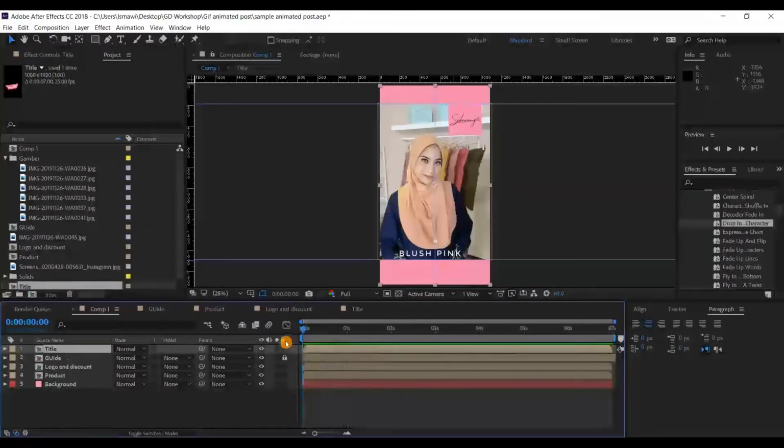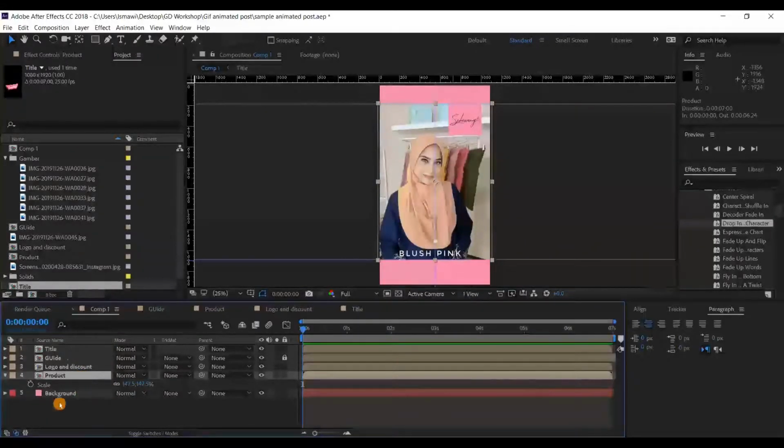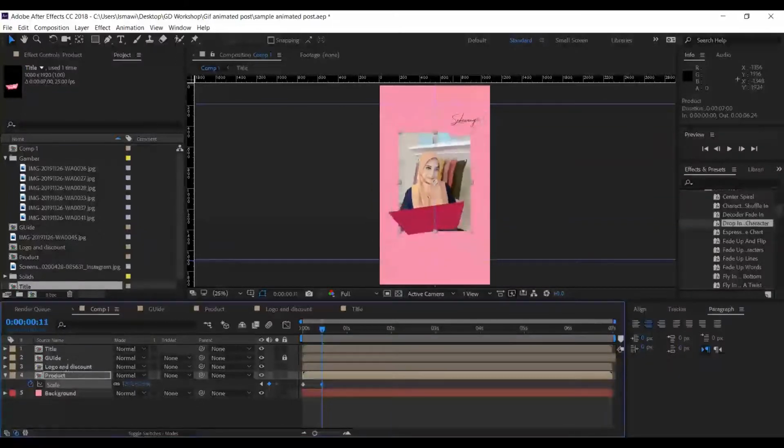Let's say we're going to start with the picture first. We're going to create a scale for the pictures. I'm going to click the animation. I'm going to create half a second for the pictures to appear. So we're going to zoom in from the center. We're going to make it 0.